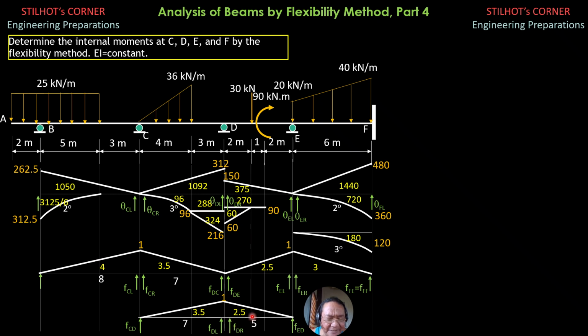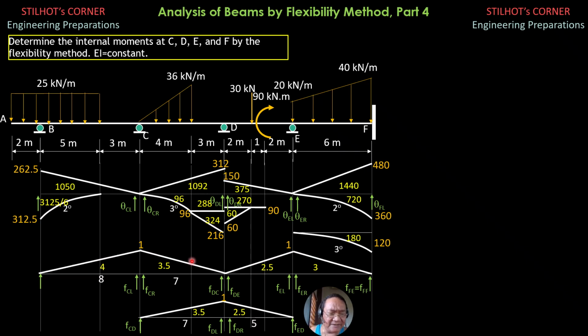So that's the FBD, and the areas, 1/2 of 7 times 1, for example, is 3.5. 1/2 of 8 times 1 is 4. So those are the areas. You can easily verify them. Then we call this, because the unit displacement is applied at D, this is the force at C due to the unit displacement at D. While this is the force at E due to the unit displacement at E.